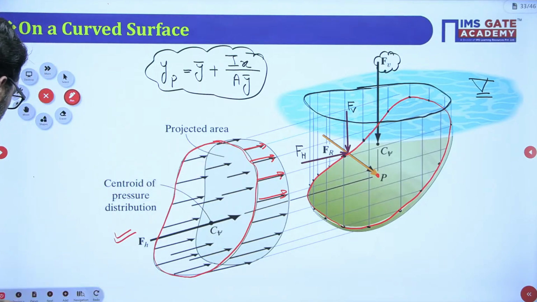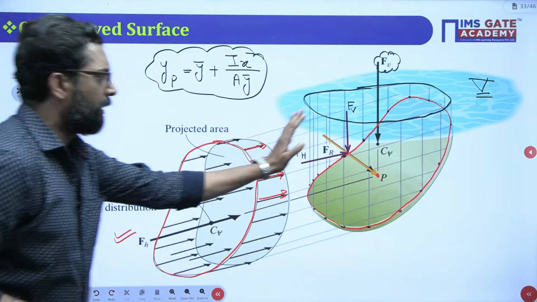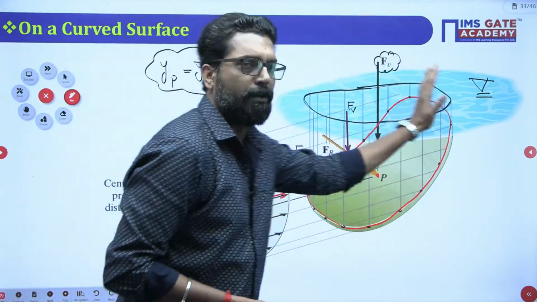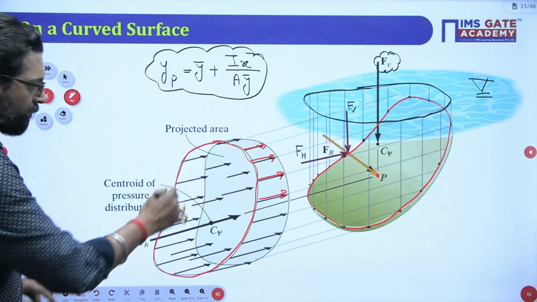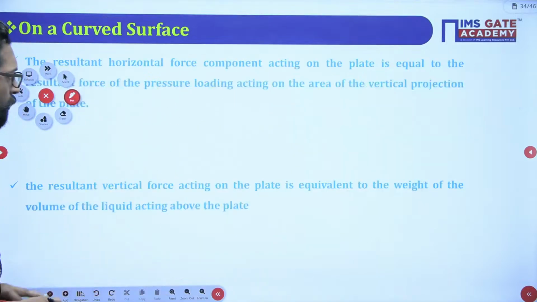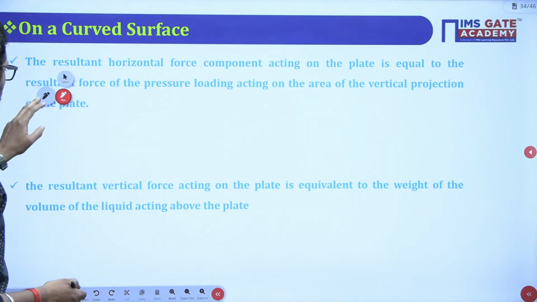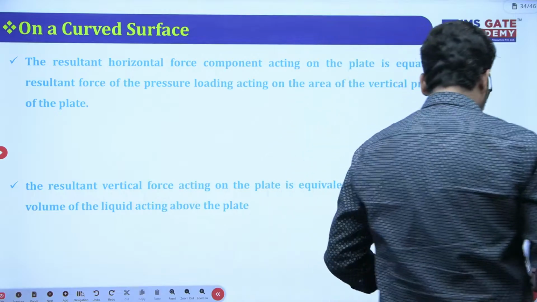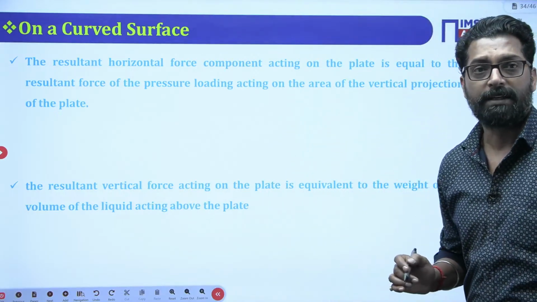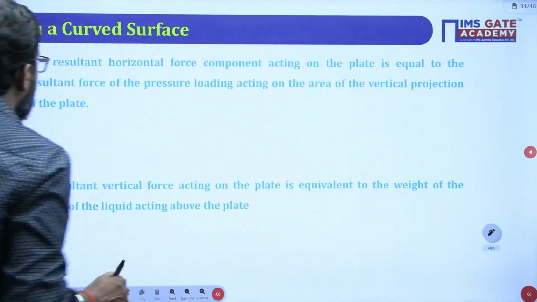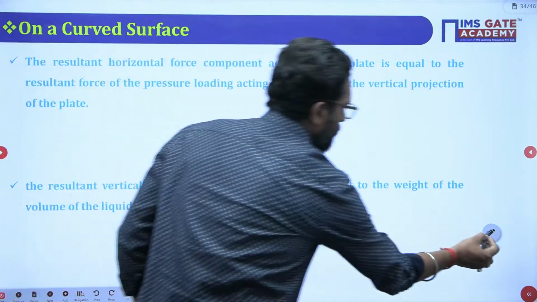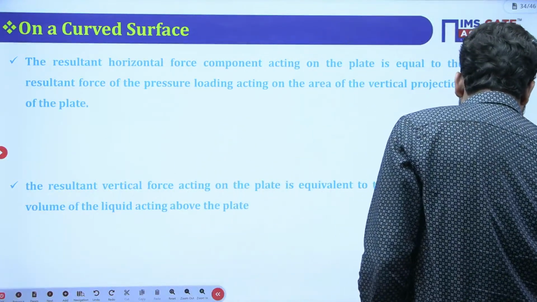Now, this is not a plane view. This is a volumetric 3D view. Now, if you take the 2D view, what is the resultant of that? What is the conclusion? There are two conclusions. The first conclusion from these two diagrams is that